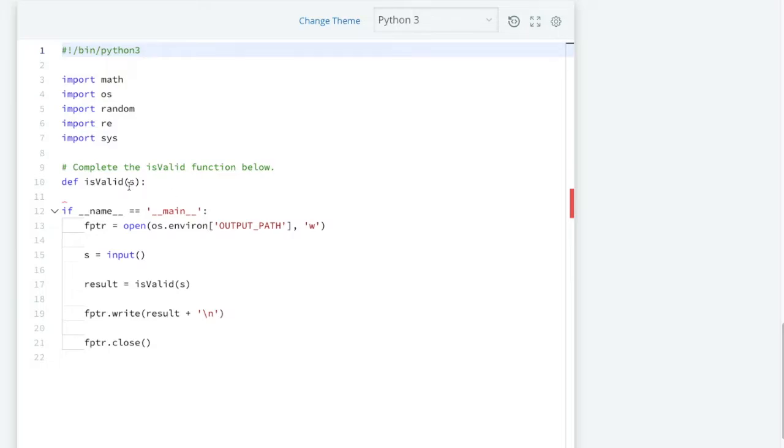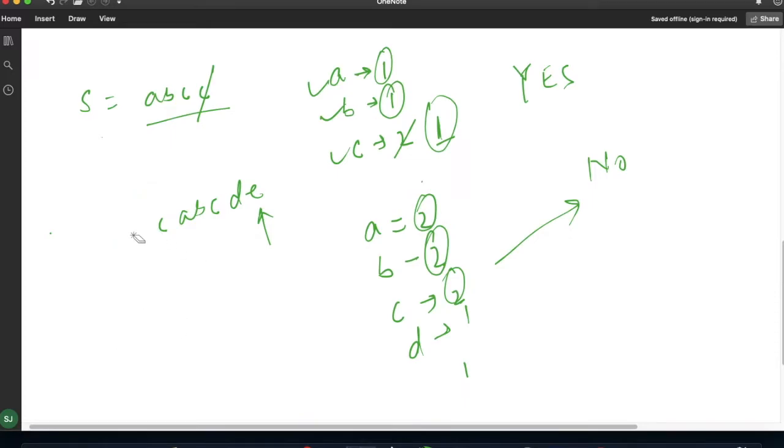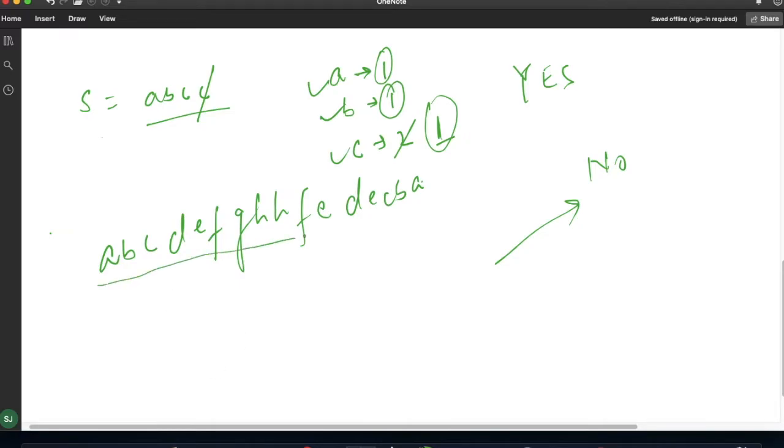So they are providing us the string. If I take this string as a sample input, A has occurred twice, this and this one.